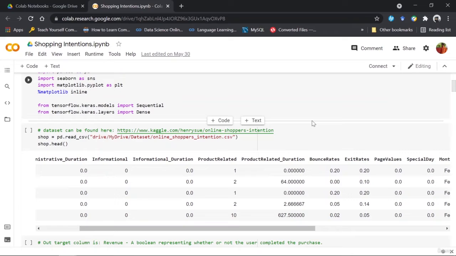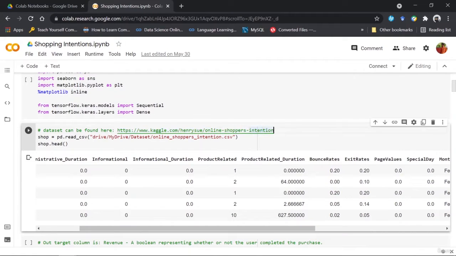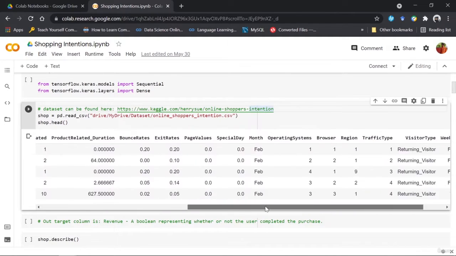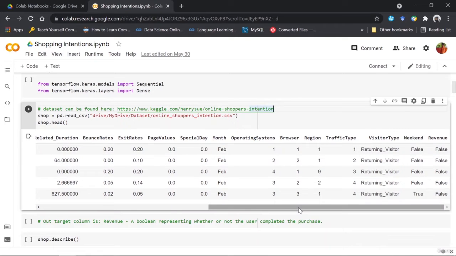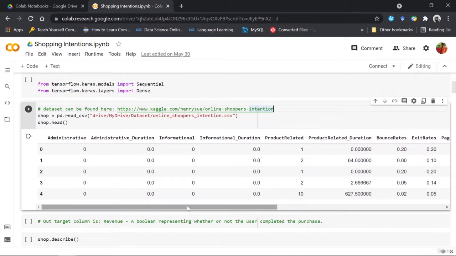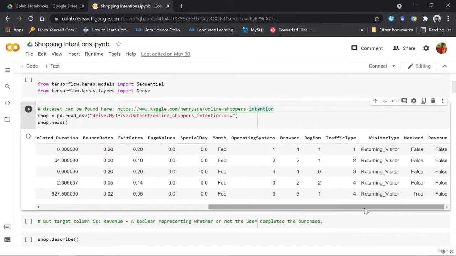So I've actually provided the link for the dataset here, and you can refer to the site for more understanding about the data. You can see that I've commented out the link for the dataset, and the next thing I'm doing is actually calling out my data from the drive. After writing the variable name dot head function, you can see that the first 5 data points are being shown here, and a lot of columns are present, some having integer values, some having float values, and some are categorical type data.